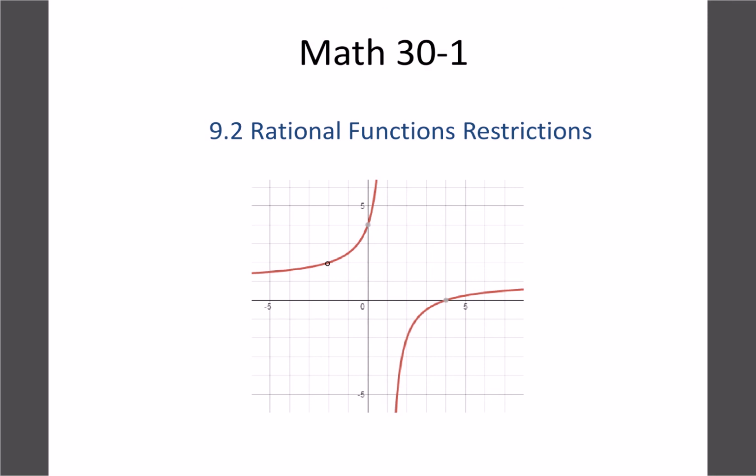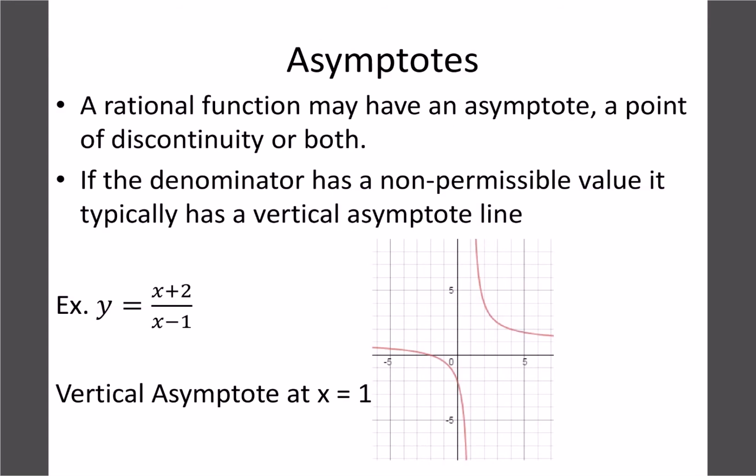Okay, today we're going to continue with our rational function graphs, and what we're going to be looking at today is restrictions, or parts of the graph that don't exist. So we already know from the last topic that we have asymptote lines. In this case, we've got a vertical asymptote line and a horizontal asymptote line. So those show up, but we can see here on this graph, it might be hard to see, we actually also have a little hole in the graph located there. So that's all we're looking at today: what are the restrictions, what are these asymptote lines, and other